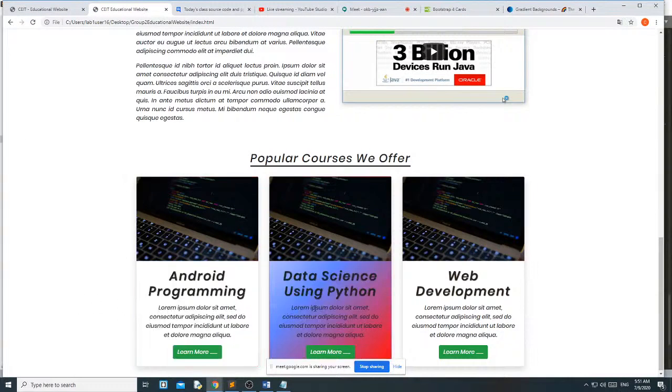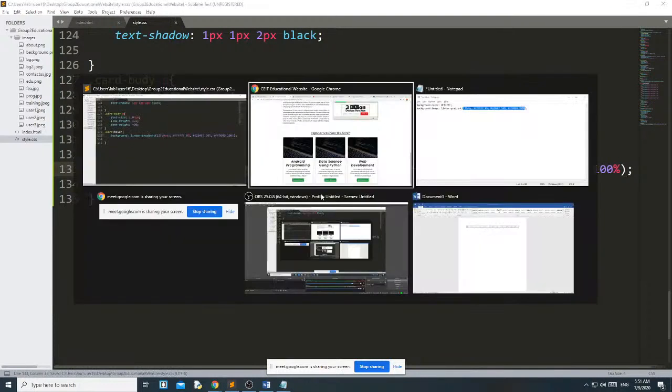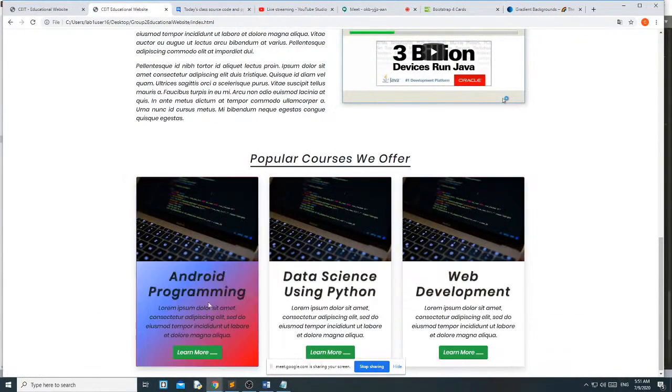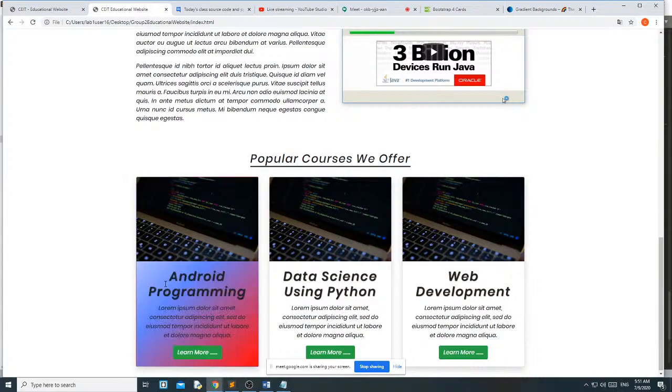You can see this color. If you don't like this color, you can change it here. Suppose you want to change the degree, then you can change the degree and see the little bit effect. Okay, but you can see that only background color gets changed but text color is same, black.